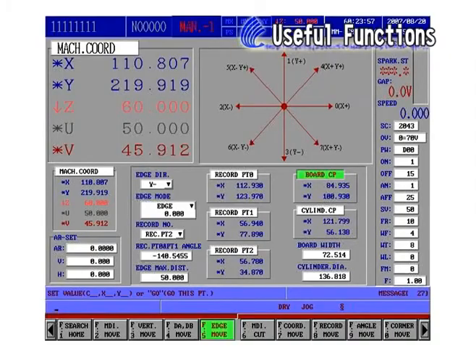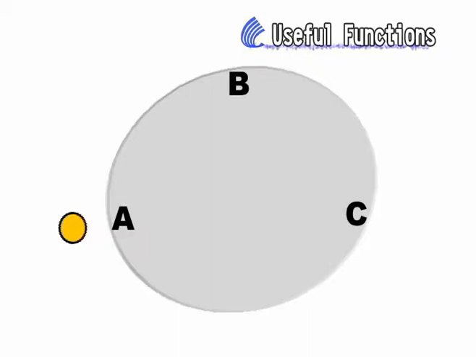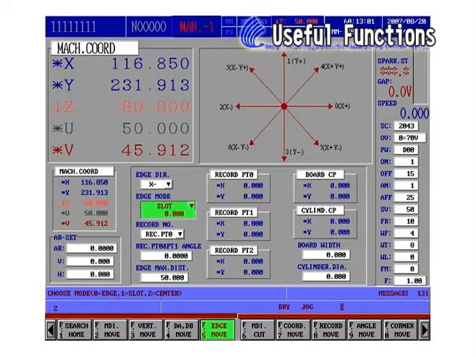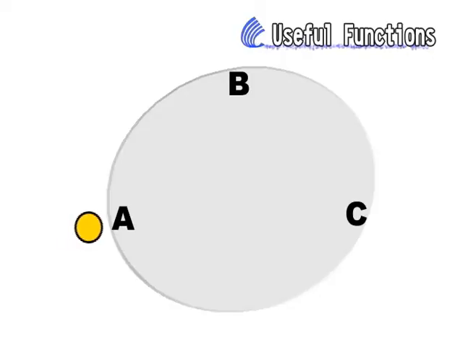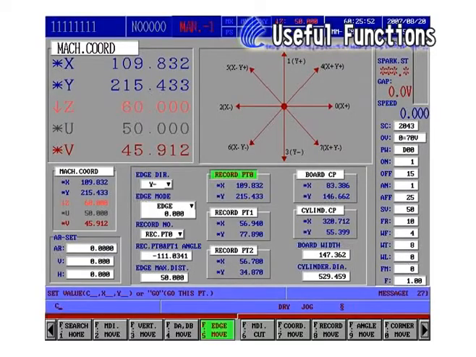Use Remote Jack Controller. Move to reference point number 1. Press F5 Edge Move. Edge Search Mode, change to 2 Hole Search. To choose direction code in Edge direction, enter. Start. When edge action is done, copy the MC coordinate value to record PT0 by moving the green bar, input